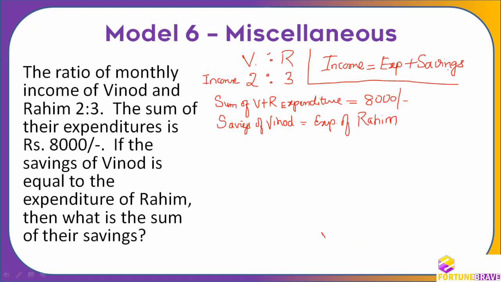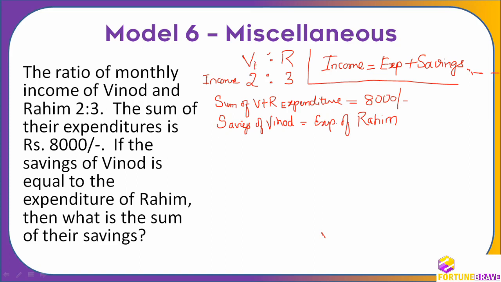All these things are fine. Now you can take anything and you will be able to solve. But the only thing you need to remember is what an income is. Income we get and we spend, and the remaining is the savings. So income is equal to expenditure plus savings. This is the concept we should already know, then only we'll be able to solve. Now can I make this meaningful? I will be able to convert them into equations, and then I can solve.